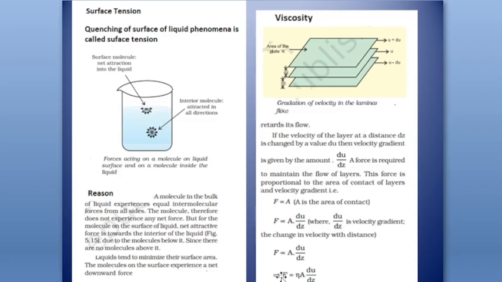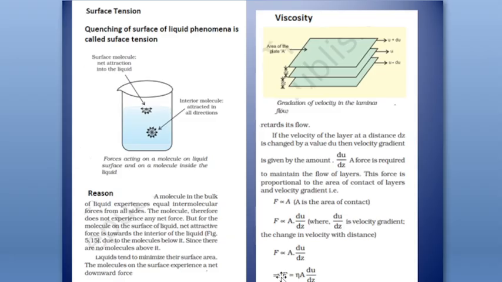Now come to surface tension. Surface tension is a contraction of the surface of the liquid phenomenon. Its reason is that a molecule in the bulk of the liquid experiences equal intermolecular forces from all sides. The molecule therefore does not experience any net force, but for the molecule on the surface of the liquid, the net attractive force operates towards the interior of the liquid, and due to this the